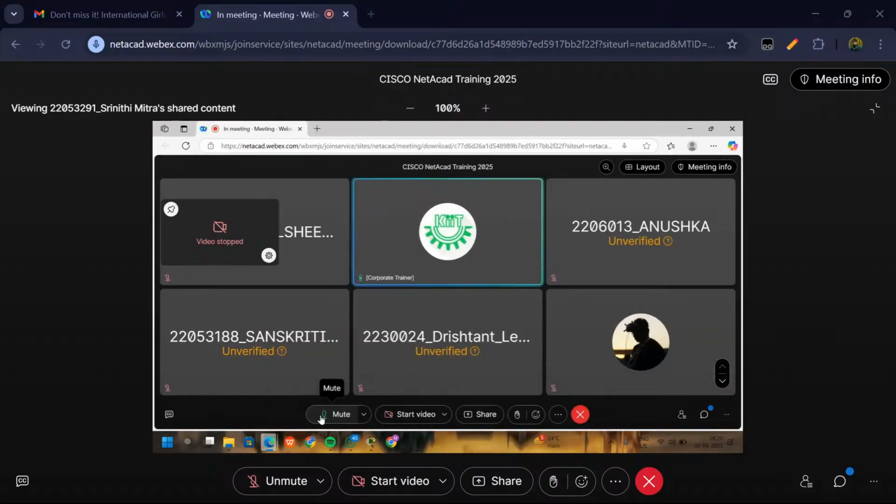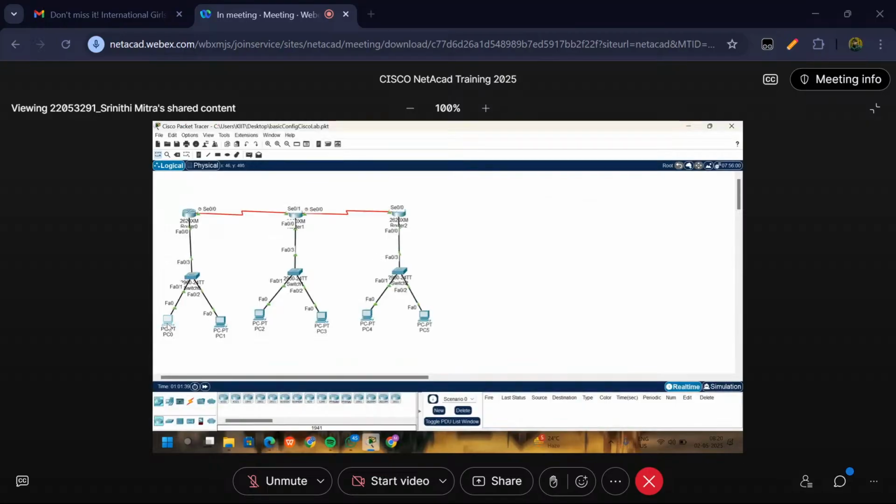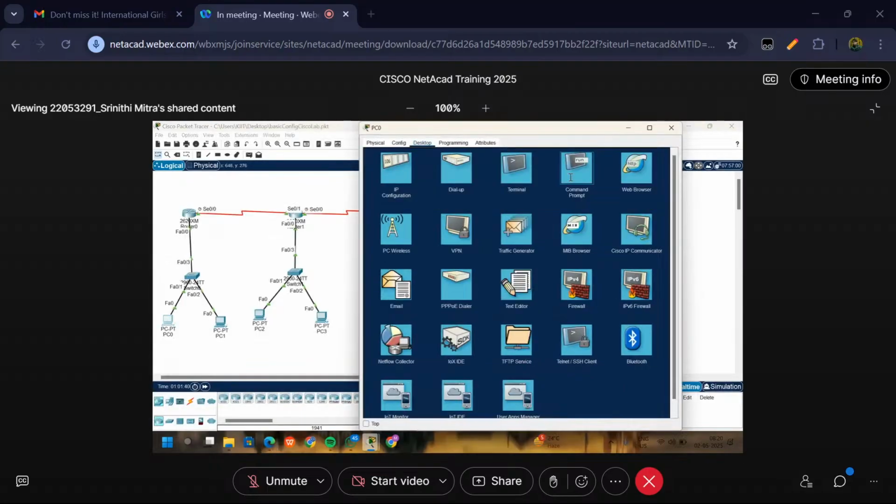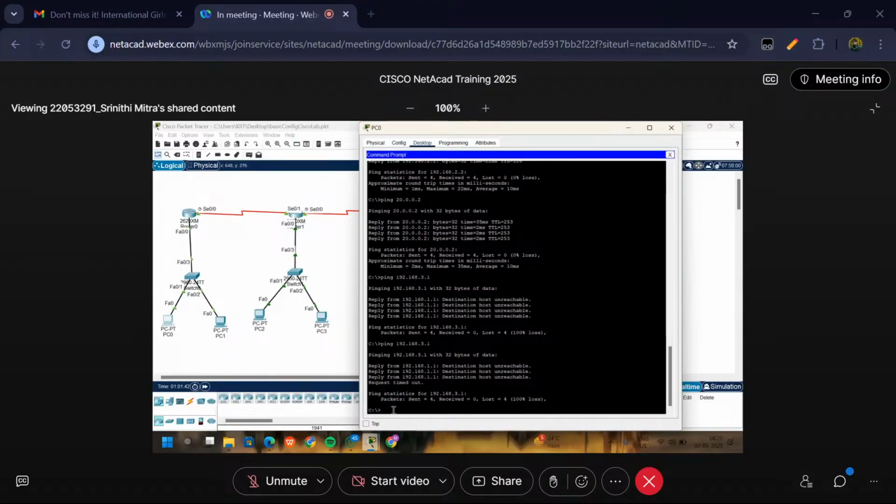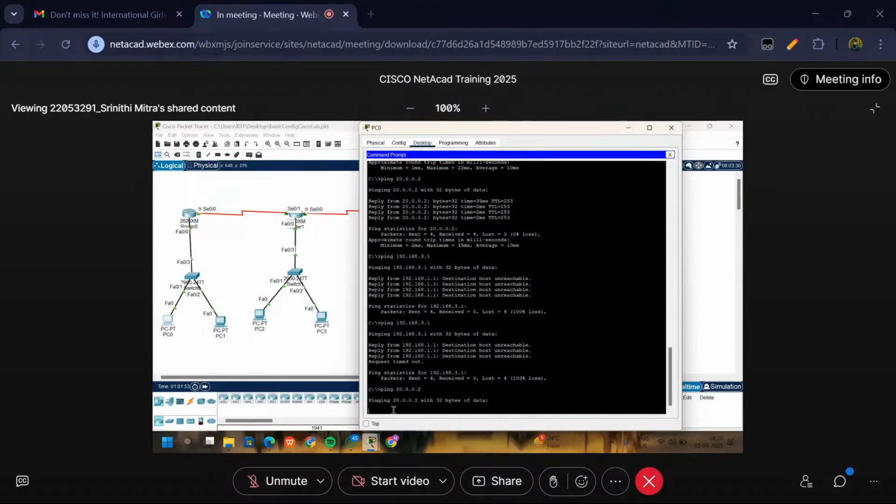PC0। यहाँ से पिंग करो 20.0.0.2। हिट एंटर।